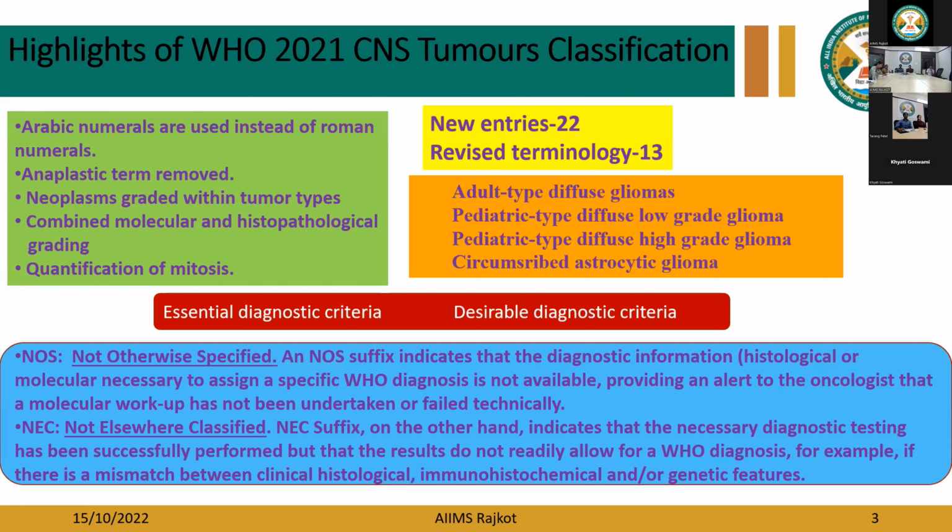Now, these are a few highlights of the 2021 classification. There are a total of 22 new CNS tumors compared to the 2016 edition, and 13 CNS tumors have been renamed. Their names have been altered. In the new classification, Arabic numerals are used instead of Roman numerals to rule out any typographical error. In the new edition, the term anaplastic has been removed and neoplasms are graded within tumor types. Previously there was anaplastic astrocytoma, but now it is termed diffuse astrocytoma grade 3 or IDH-mutant adult glioma grade 3. Then in the present edition, diagnosis and grading is based on combined molecular and histopathology. It means even if the tumor is not showing grade 4 changes,